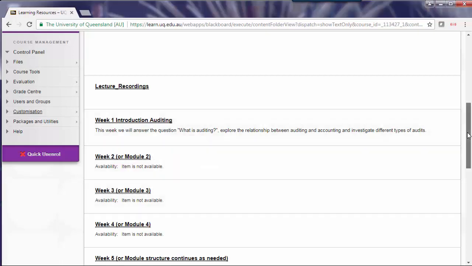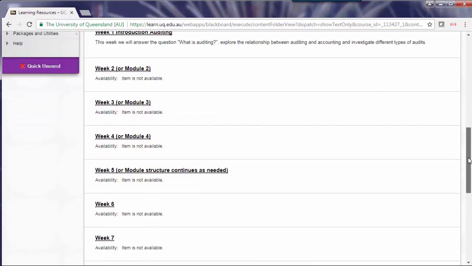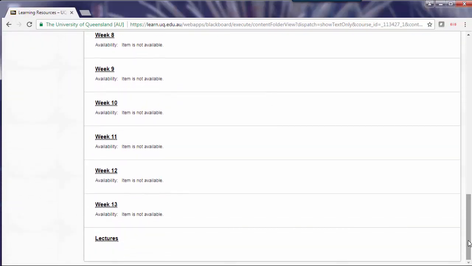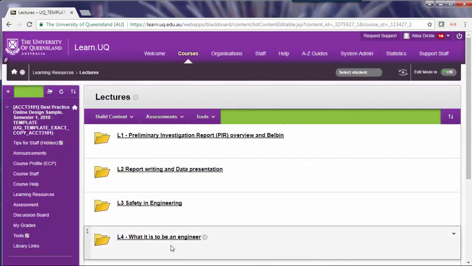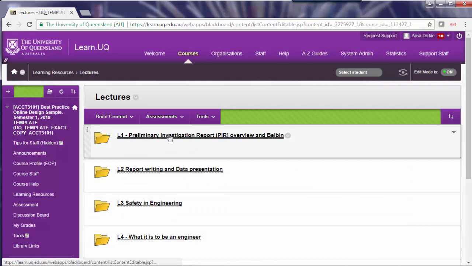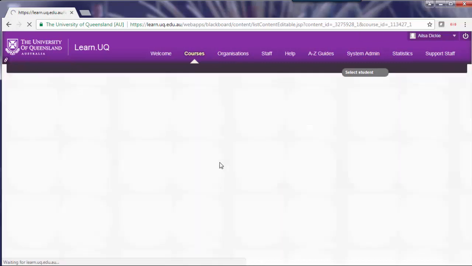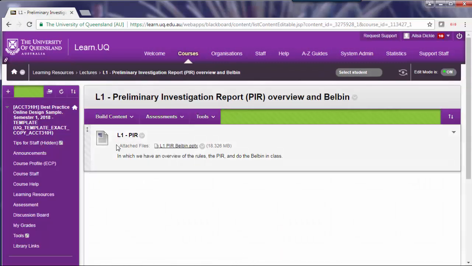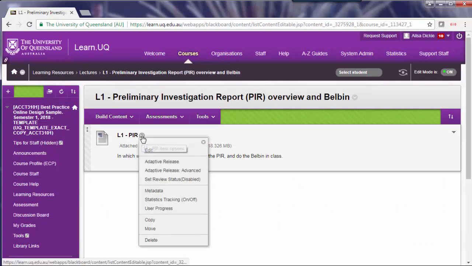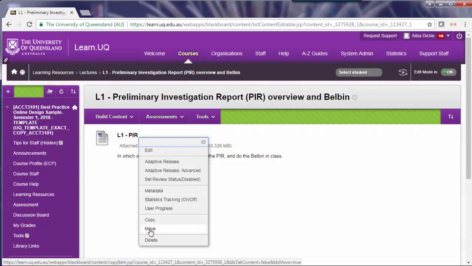Content from a previous semester that's been copied forward will be placed at the end of the area, and you may need to move it to a weekly folder if it's not in the right structure. So for example, there's lecture PowerPoints in this folder, so I'm going to move them to the correct weekly folder. So you may move the whole folder. I'll choose Move, but I'm actually going to go into this area and just choose the lecture notes. So just click on the item and choose Move,